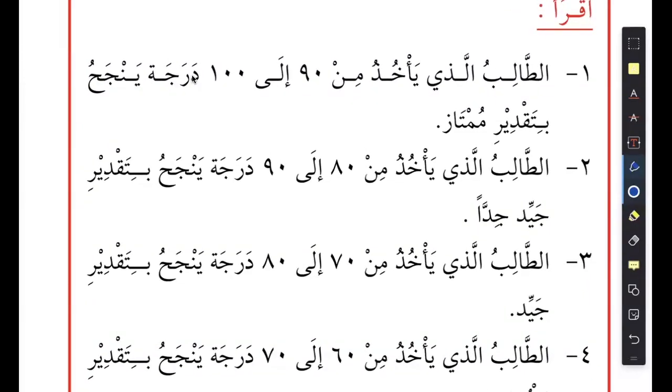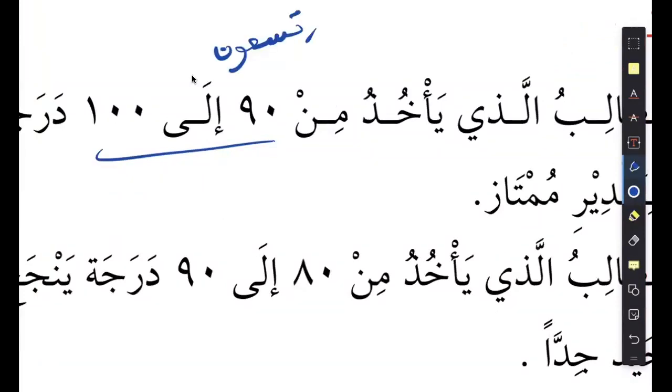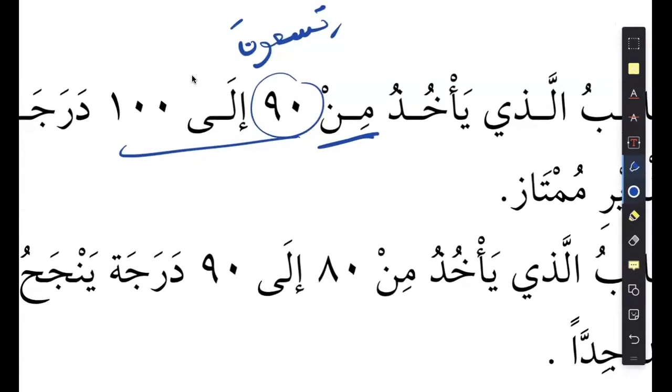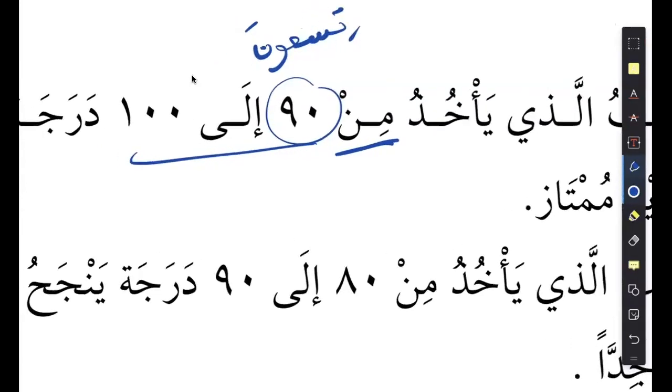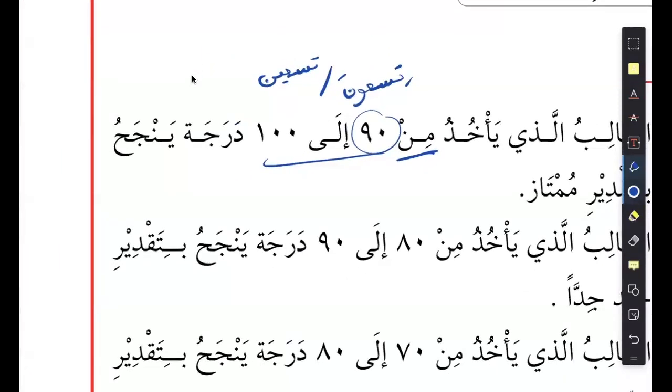So here it's saying that if you get from 90 to 100, remember, how do you say 90? 9 is tis'a, and 90 is tis'un. You say tis'una, right? But because we have a min, you cannot read min tis'una. That will be a grammatical mistake. You will say min tis'ina. Okay. Ila mi'a,